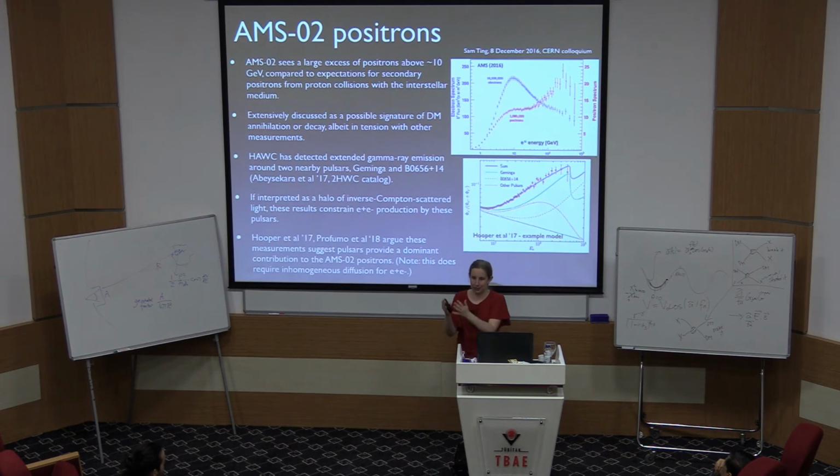So they shouldn't be making a tight halo around the pulsar. I think the current story is that you expect these pulsars are surrounded by regions of impeded diffusion, so the positrons get stuck there for a while, but then eventually they leak out. Because we don't really understand in detail how this works, there are some knobs to turn there. By turning those knobs, you can enhance or suppress the fraction of the AMS excess that comes from these pulsars. But at this point, I would be willing to bet that it's probably coming from these sources,